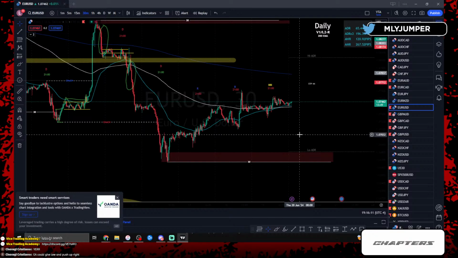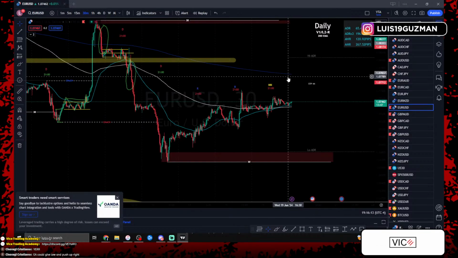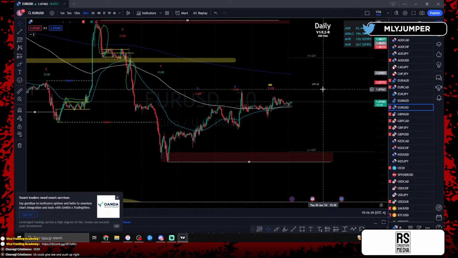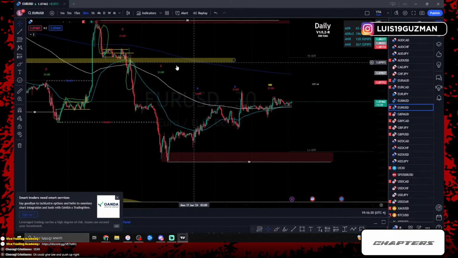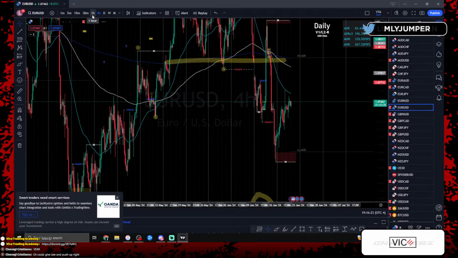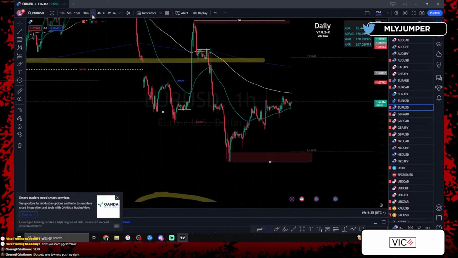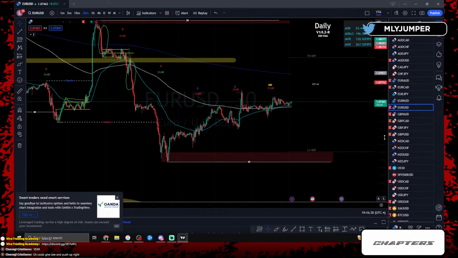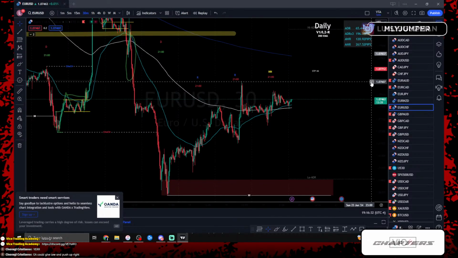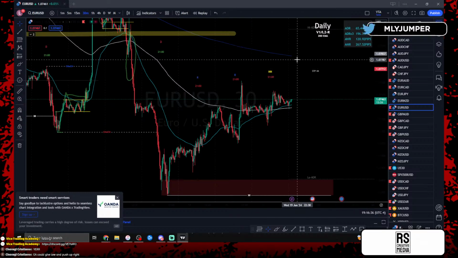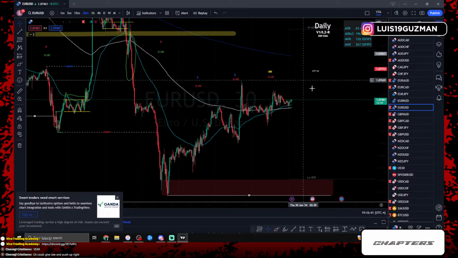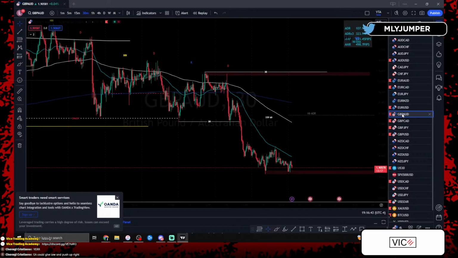So we also know we have the 800 EMA super close by. Sometimes price likes to use the 800 EMA as a little magnet, so we're just going to stay patient. If we could get an engulfing candle in this little zone, or red green, if we could get a change of character, break of structure on a lower time frame to continue this higher high and higher low, then we could safely say that we have a nice entry to then continue this trend back to the top side. Till then, I don't want to take any trades.